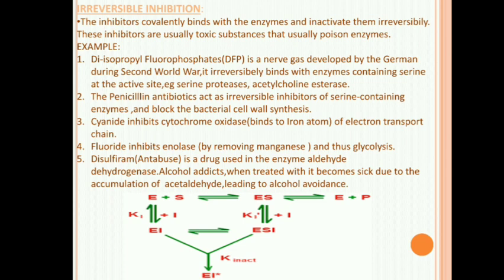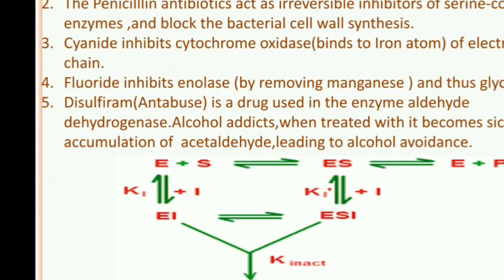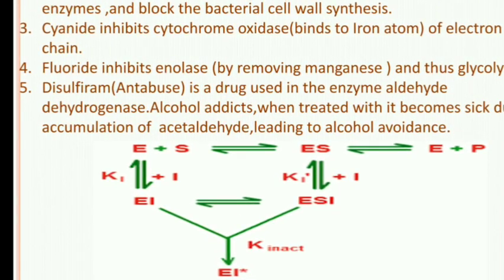This is a schematic representation of the irreversible inhibition. If we see very carefully here, E, the enzyme, when it reacts with S, results in the formation of the ES complex, which in turn will free the enzyme, and product will be formed later. But in case E reacts with I instead, where I is the irreversible inhibitor, it binds to I and forms the EI complex. The inhibitor could also bind with the ES complex and result in the formation of ESI.